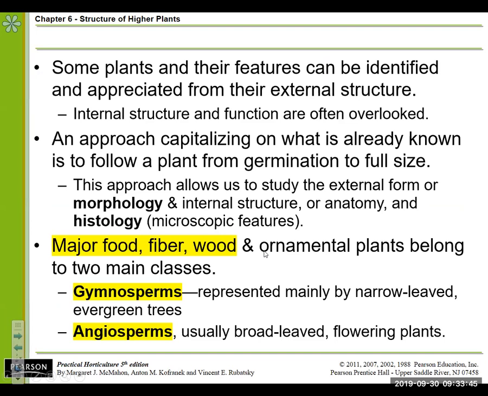Starting off, just thinking about the taxonomy. Almost all of our major food, fiber, wood, and even the ornamental plants belong to 2 main classes of plants. Gymnosperms, which are the narrow-leaved, evergreen conifer trees, and angiosperms, which are usually broad-leaved and flowering plants. And these 2 classes, if you will, are actually referring more to the